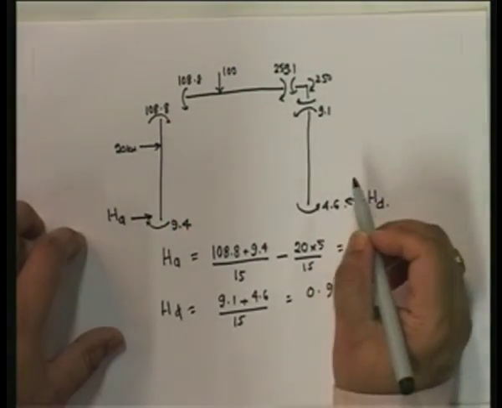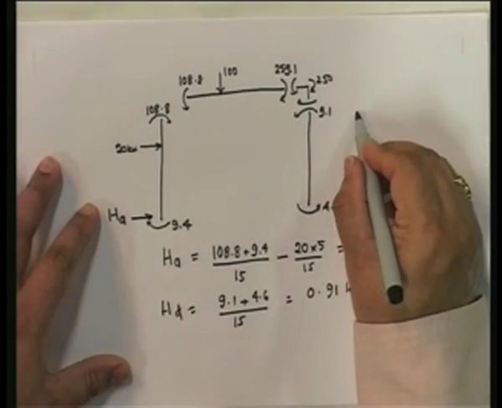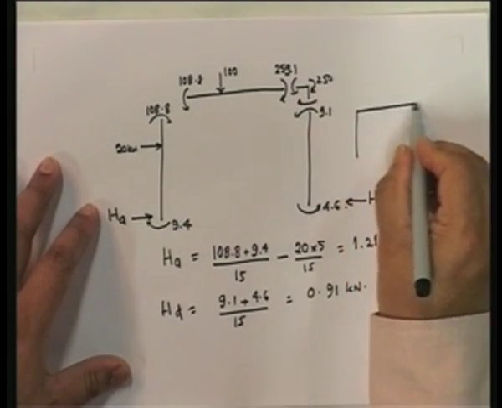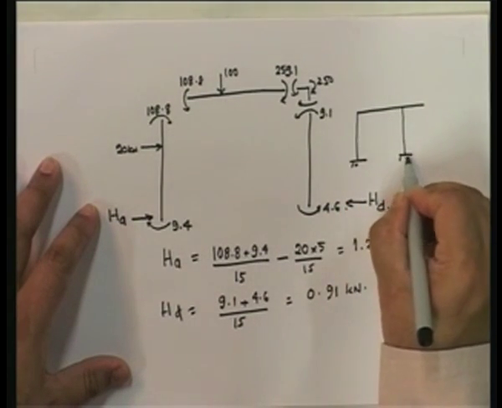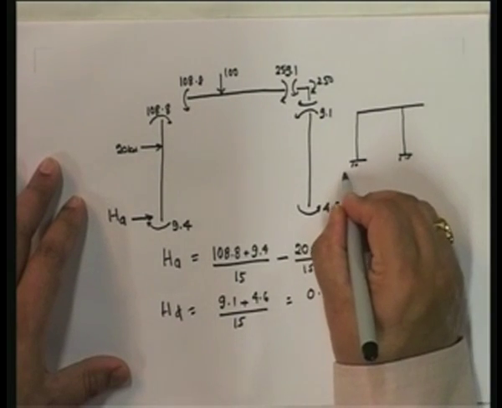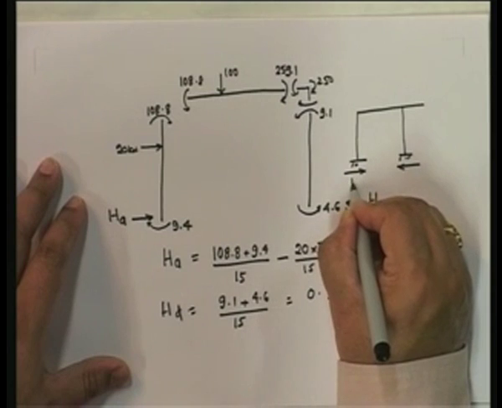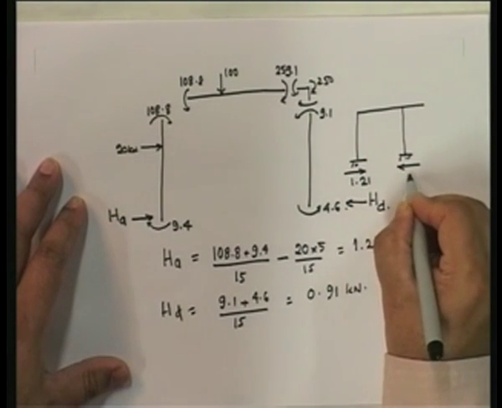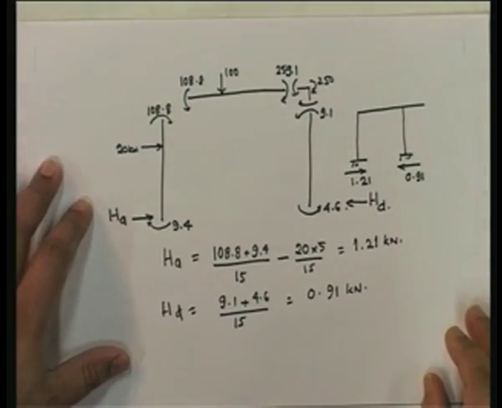And understand that if I look at the entire structure, HA is equal to 1.21, HD equals 0.91,